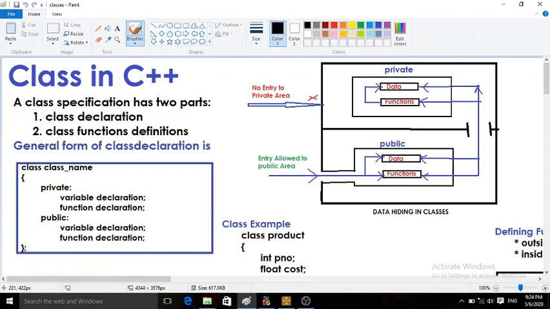The functions declared in the public section act as an interface between the private data and the outside world, by passing messages from other parts of the program to the class object and its specific function. So these public functions act as an interface so that private data can be accessed.